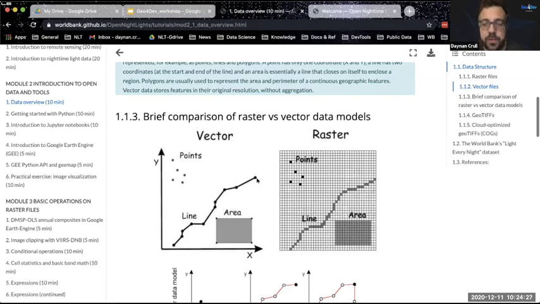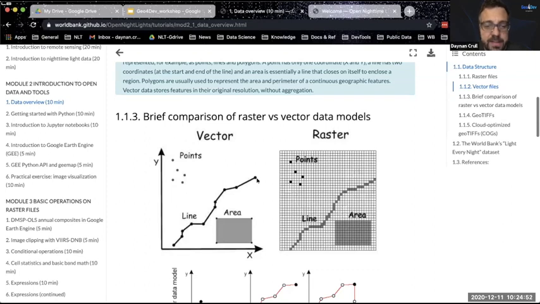This is kind of an obvious thing, I think, for folks, but it's really important to understand this because we're going to be doing a lot of operations on these data where you're extracting data from a raster file, but you're going to be applying it to data that might be in a vector file, like a shapefile or a geometry, like you would for a country boundary or some arbitrary polygon. So a vector file, obviously a line is just a slope.